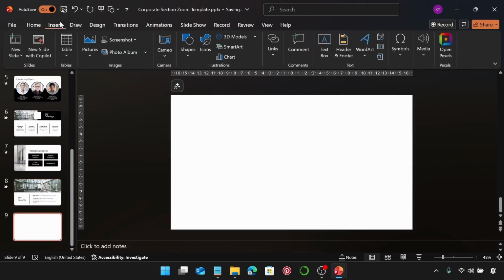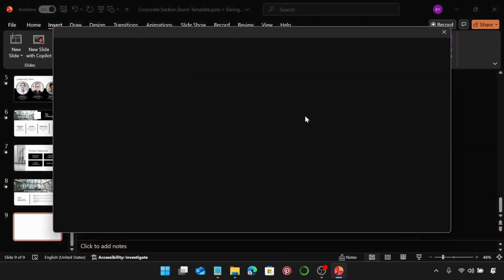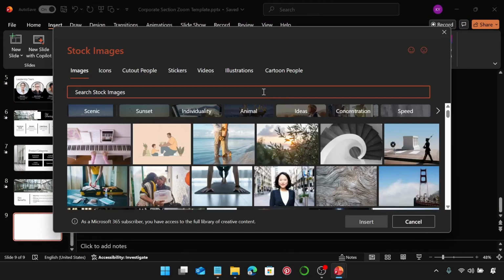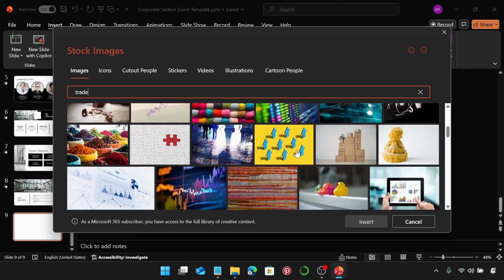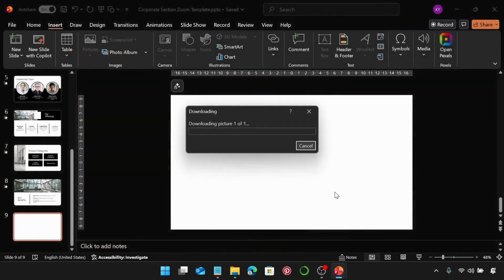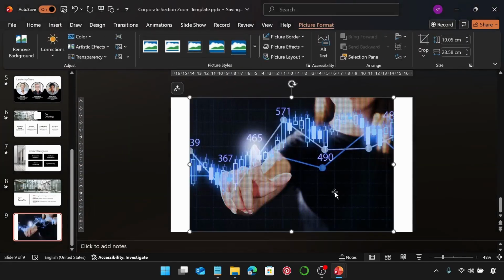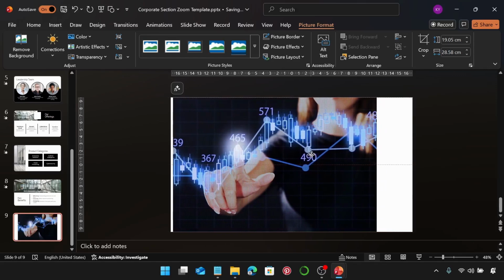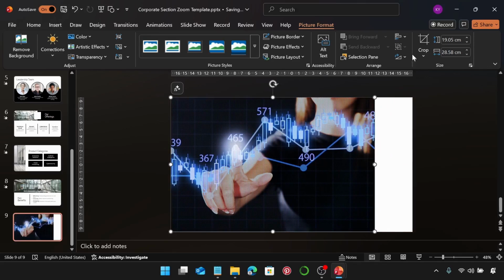Now go over to Insert Pictures and we're going to insert a stock image. We're going to search for trade and I'm going to use this image. Just go ahead and insert that and give it a moment to download. Next, I'm going to move this image a little bit to this side. I want the image to be a little bit smaller, to be